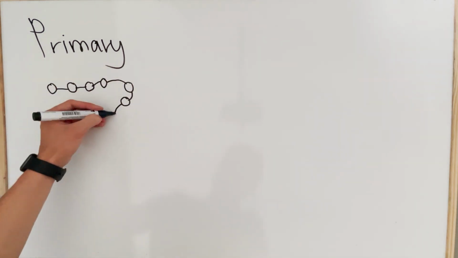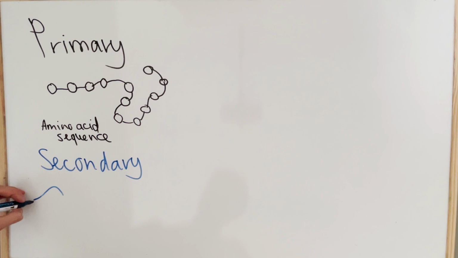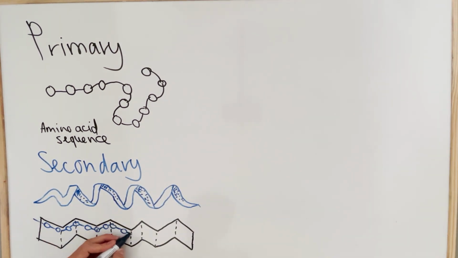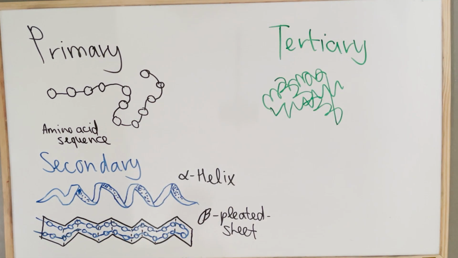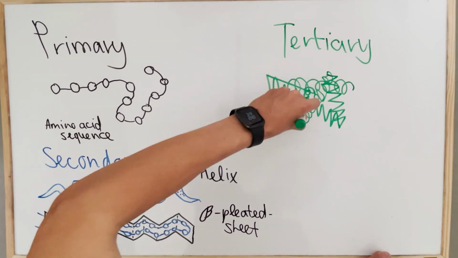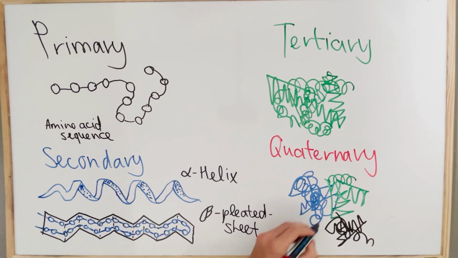All proteins have one of four existing structures. Primary structure is a simple sequence of amino acids, whereas the secondary structure occurs only when the amino acid sequence starts to fold into more complex structures, like an alpha helix or a beta-pleated sheet. Tertiary structure is when a protein folds into a three-dimensional structure, and the quaternary structure is a structure of a protein that is composed of multiple amino acid